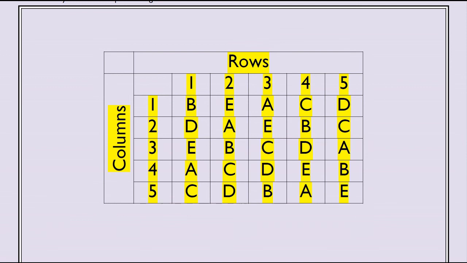At the end, I summarize that in a standard Latin square design, the first row and first column are in alphabetic order, but in a simple Latin square design, each row and each column is a complete replicate, meaning it contains each treatment. As you can see, B, E, A, C, D, this is a complete replicate. If you look at row number 4, A, C, D, E, B, this is a complete replicate. So each row and each column is a complete replicate in a Latin square design.